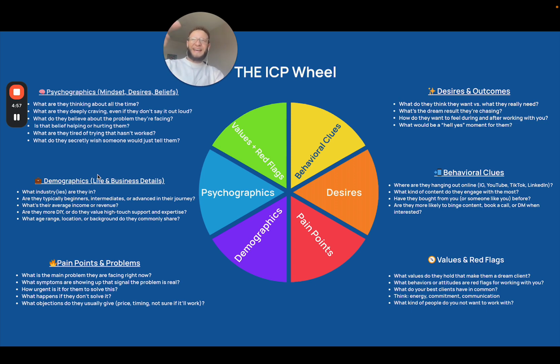Someone who's talking about 10 tricks or 10 tips so that you can optimize performance is going to speak to somebody differently versus someone who says, here's the one belief about productivity that you have that isn't true. There's a big difference because one is addressing something that is more at the surface, while another one is addressing something that's at the core. And that's how you truly start to resonate with people, especially in an era where so many people don't trust each other. So go through the ICP wheel and take your time with each section